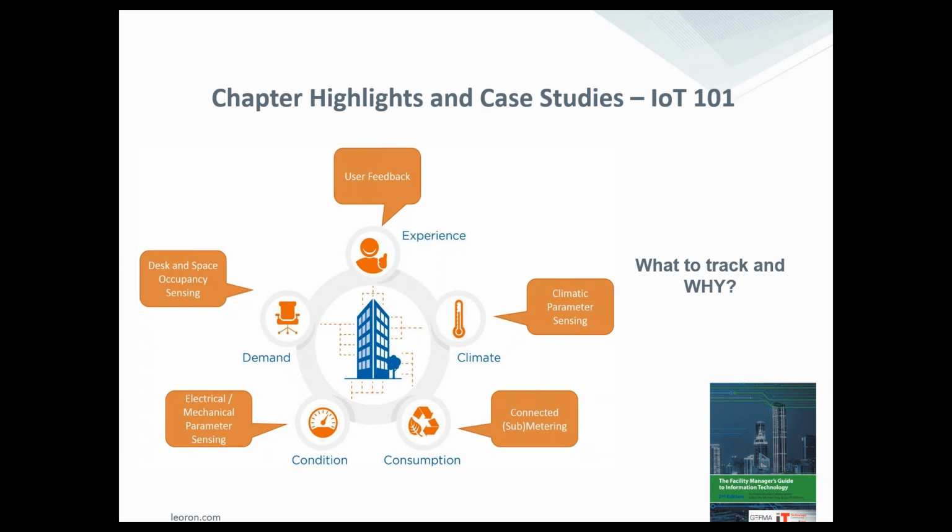You think about the idea, in North America we call it Murphy's Law, which is if something can go wrong at the wrong time, it will. The opportunity from that condition piece is to understand when things might be going wrong. Think about it like the symptoms of a heart attack versus actually having a heart attack, and treating that well before the person actually has a heart attack. Really, really interesting stuff.